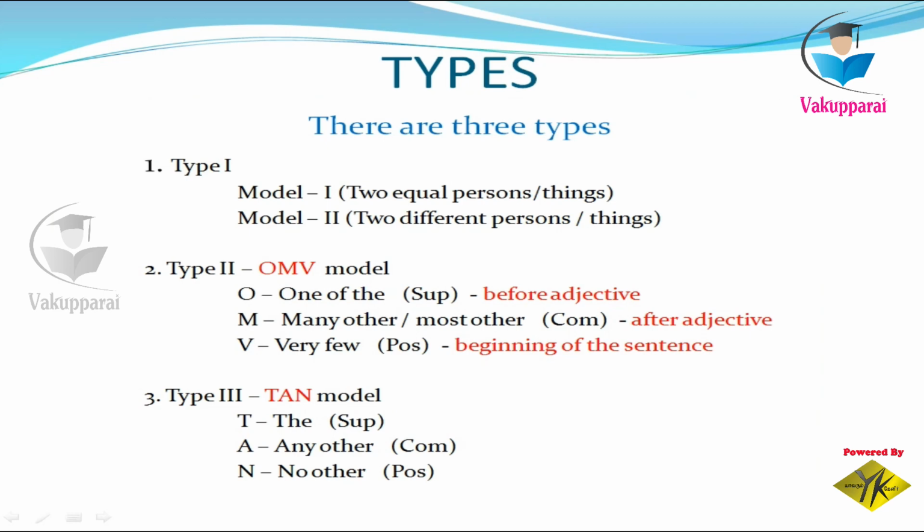Hitherto we have seen what comparison is, what degrees are, what the three different forms of degrees are, and their variations and forms. Now we are going to see the types of degrees of comparison. In degrees of comparison, there are three types, namely type 1, type 2 and type 3. These types are used to change one degree into another. This is how you will be asked questions in your examinations. I think you must have experienced this type of exercise in your school, isn't it? The same thing you are going to do here also.